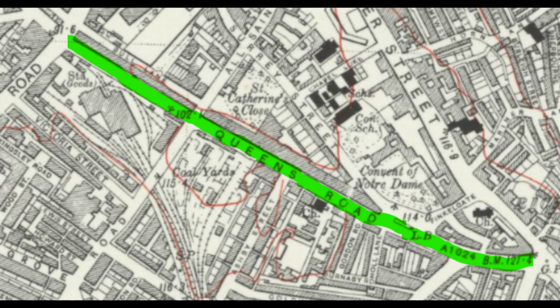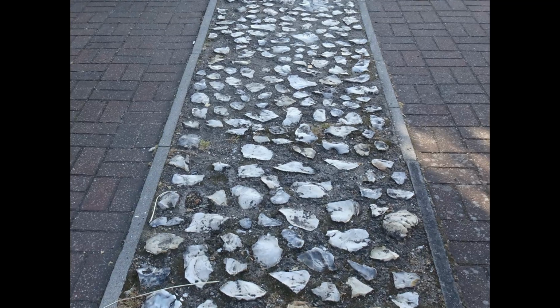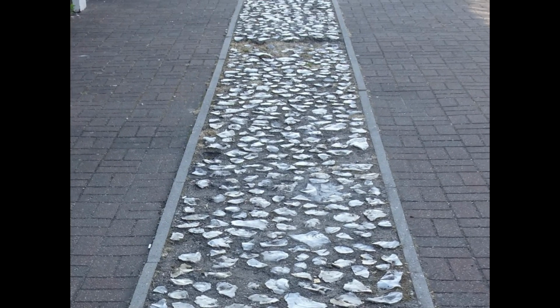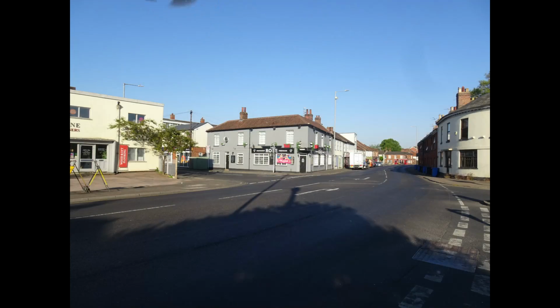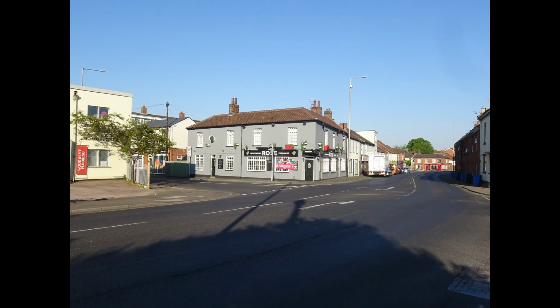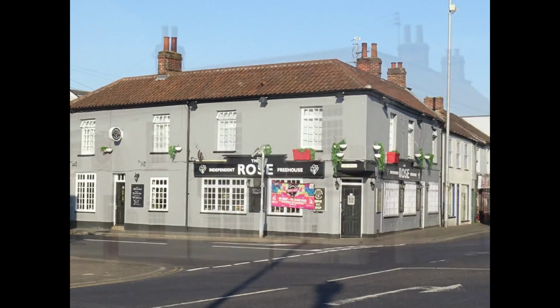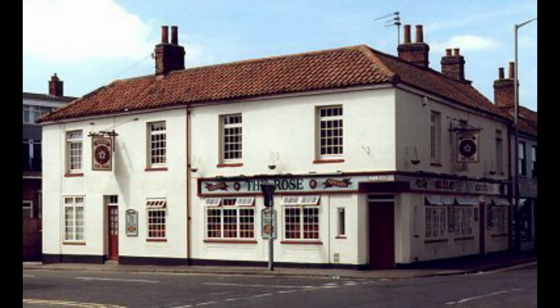This video looks at the story of Queen's Road, a main road running immediately outside the old city wall. We'll begin where Queen's Road meets Brackendale and go up to the St Stephen's roundabout and then return. On Queen's Road's corner with City Road is the Rose Tavern, which dates from 1855 and is seen here in